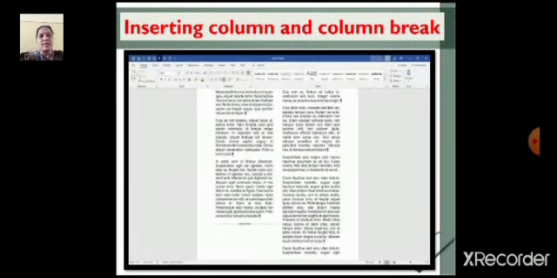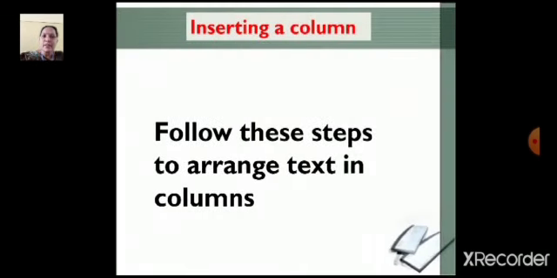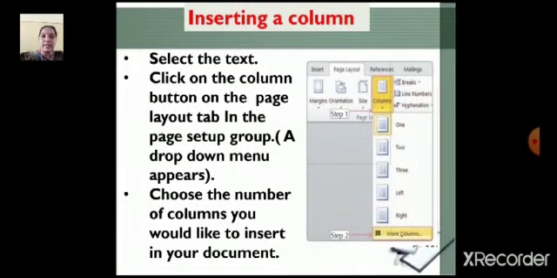To arrange the text into columns, we learned the steps, that is by clicking on page layout, column drop down list. In that we can choose which number of columns we need, and the selected text will be changed according to the selection which you made in column drop down list.